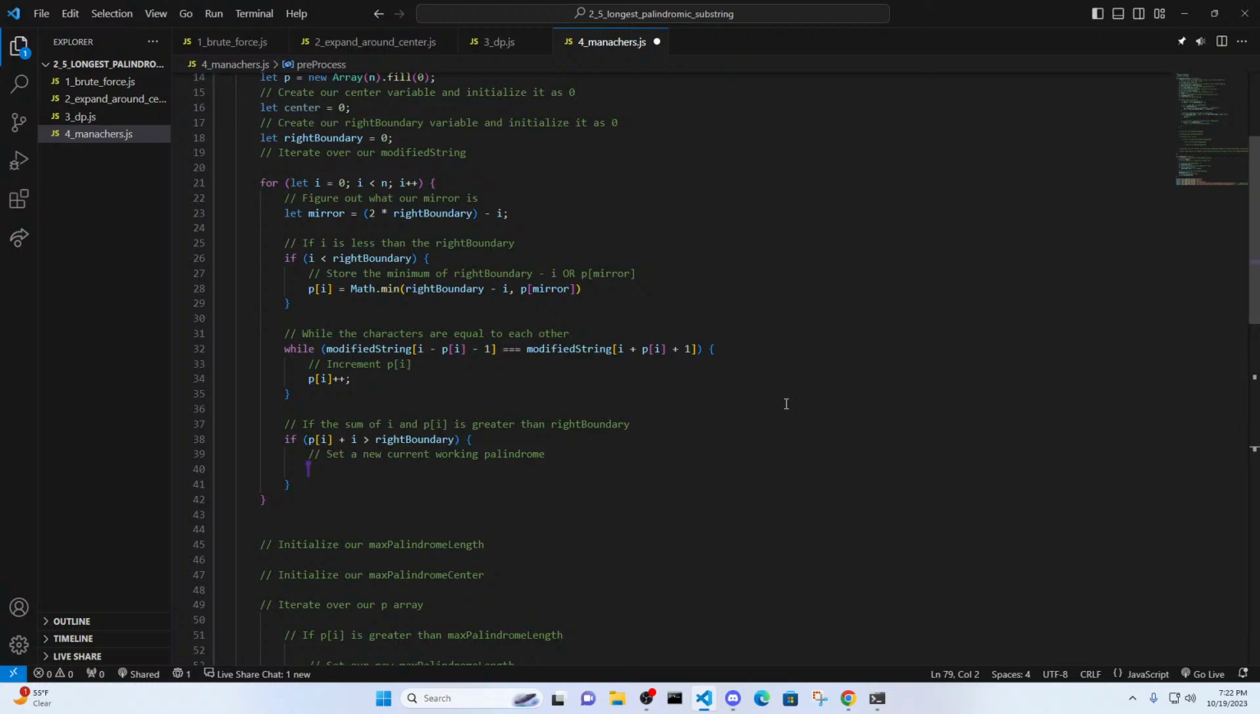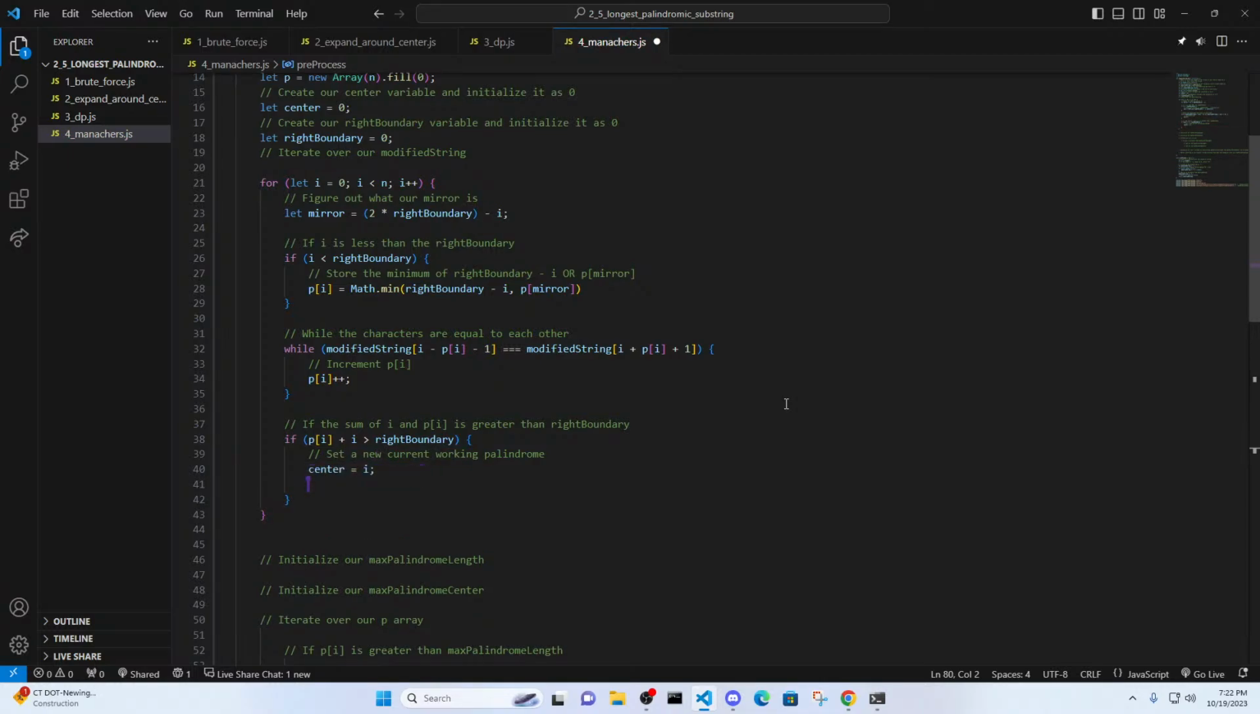So we are going to have a new center. Once we have this,